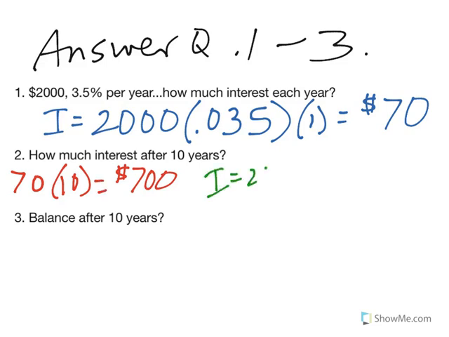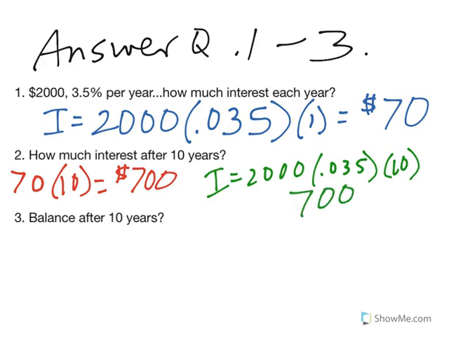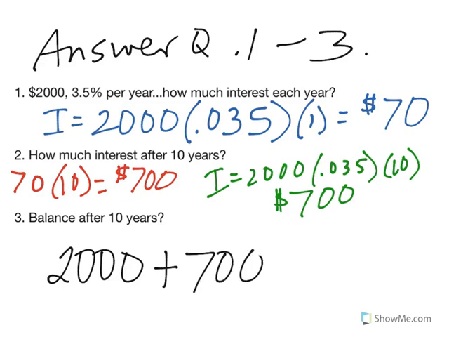You know that interest is principal times the rate times the time. And if the time is 10 years, we just multiply that by 10. If you multiply those three numbers together, you will also end up with $700. So if you know the amount of interest per year, you can do these problems in a little bit different of a way. Now in number 3, what's your balance after 10 years? Okay, so remember, balance is initial, your principal, plus the interest, and my ending balance is